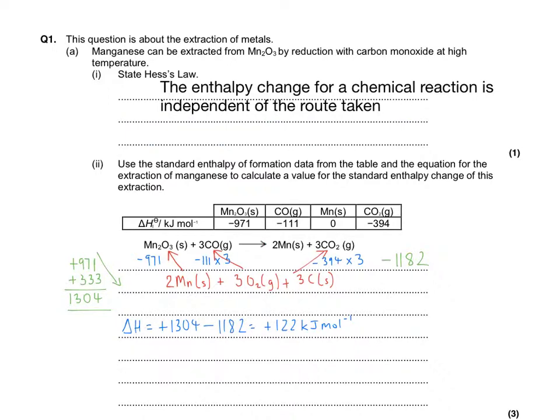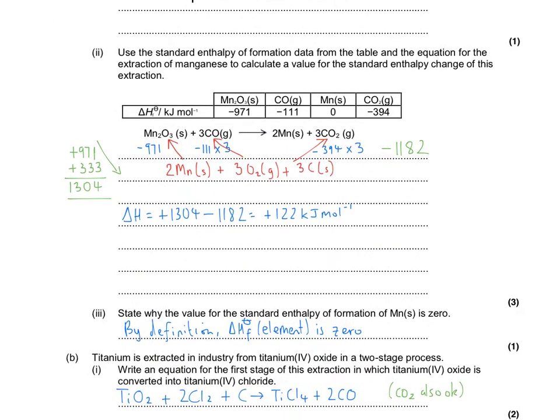1a part I, state Hess's law in the reaction. The enthalpy change for a chemical reaction is independent of route taken. Part 2 is a Hess's law problem where you have to calculate the enthalpy of the reaction using delta HF